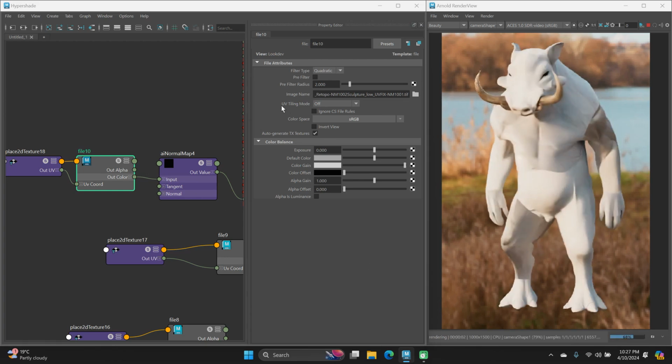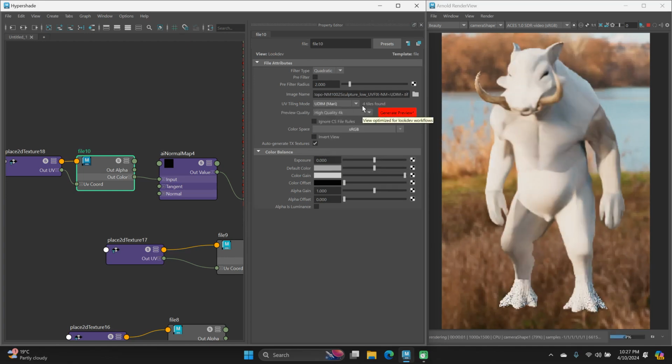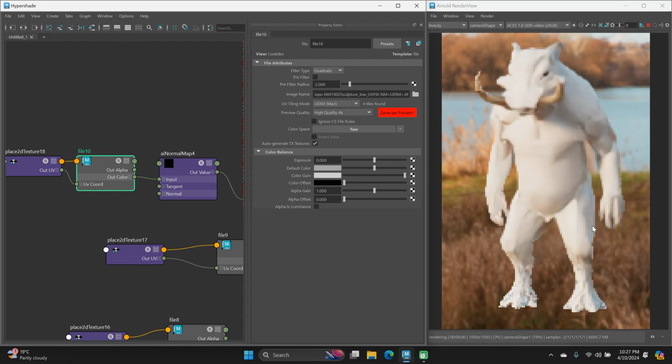And we need to change the tiling mode to UDIM. You can see that Maya has found them all, which is great. And then we need to change the color space to raw because it's a utility map. And it should fix it up in here. Great. Now, one thing to note, if Maya is not picking this up, so the 4 tiles, it might mean